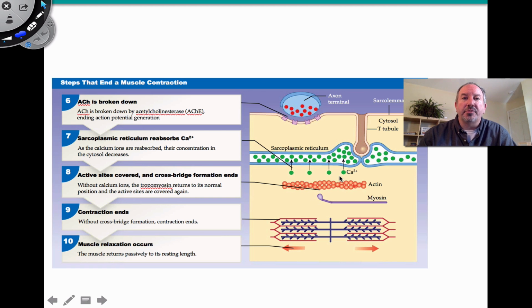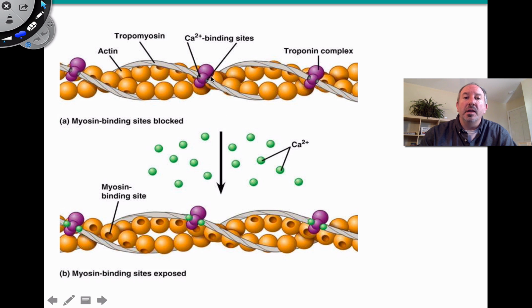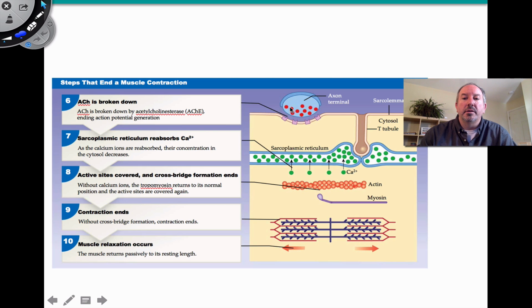And without calcium, what's happening? Without calcium, what's going to occur is troponin is then going to return to its normal conformation, which is then going to have tropomyosin block the binding sites, and contraction will be ceased. Okay, and so notice here there's going to be no active sites are covered, and so therefore the myosin isn't able to pull on the actin, and therefore contraction ends and the muscle relaxation occurs. But it's an active process, if you will, because it does require ATP to pump the calcium ions back into